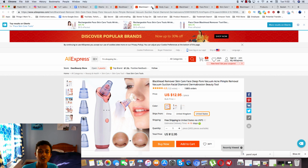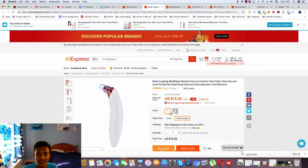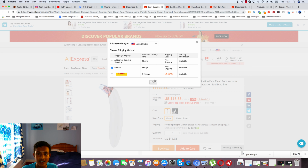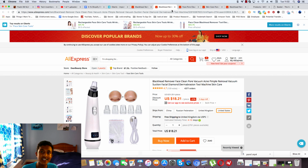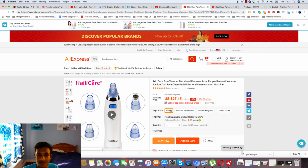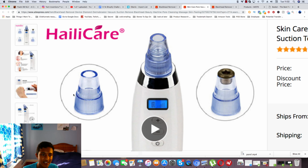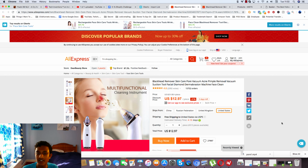So go ahead and close this, and we'll compare the prices of the next one. This one only costs 13, and from China it costs 13 as well, which is still more expensive than this, so we'll close that. This one costs 18, so automatically disqualify that. This one costs 15, we'll disqualify that. This one from China seems to be a premium version because it costs $30, so there might be something in that, but I won't install that at the moment. And this one costs 14. So again, this is the most cost effective one, so we'll click import, and oops,